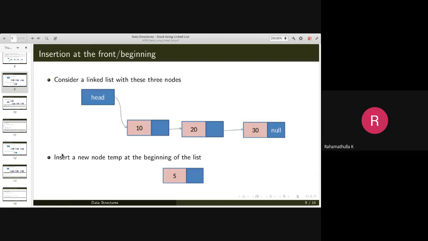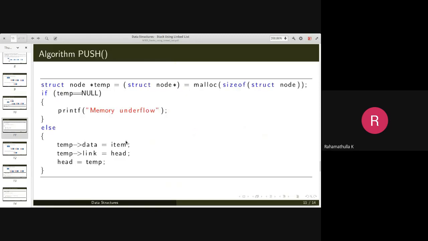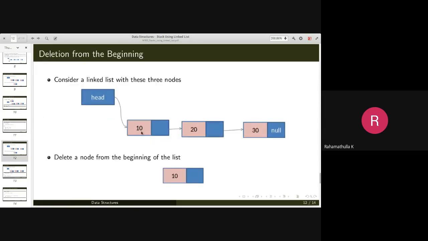Implementation of stack using linked list in the sense you are going to create the linked list at runtime. In the first step, you will be creating only a head pointer. Then as new nodes are getting inserted, you will allocate memory and insert elements. Initially head will be pointing to null. The first element will be inserted, so head will be pointing to that element. The next element will be inserted at the beginning of the list. So push operation is nothing but inserting an element onto the beginning of the linked list.